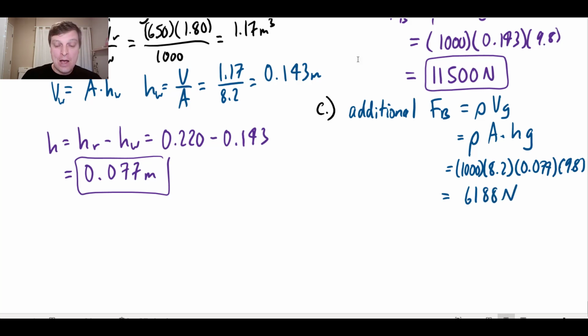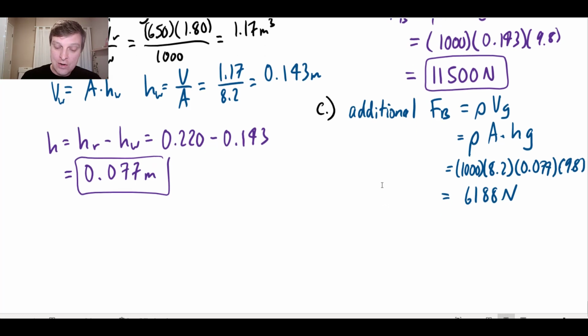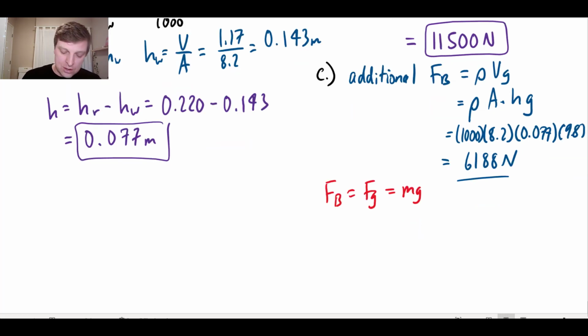6,188 newtons. Now, the clever amongst you might have realized that we could have actually just figured that out as a proportion using the previous amount of buoyancy force, but whatever, we're here now. So I know how much extra buoyancy force I've got. So I could say, okay, fine, so how much mass will that be? So I know my buoyancy force is going to equal the weight that I've got available, which equals mg. So the additional mass that I can carry is just going to be the buoyancy force divided by g. So 6188 divided by 9.8 means I can carry about